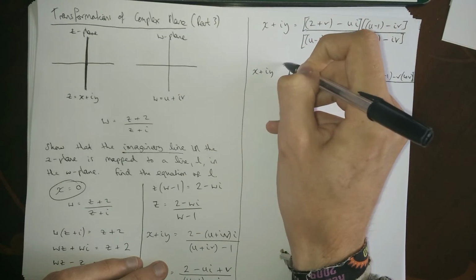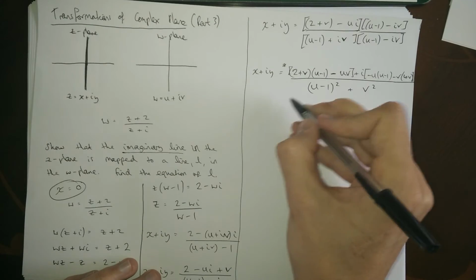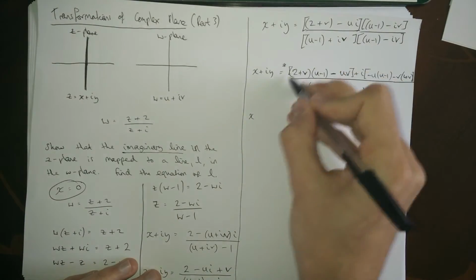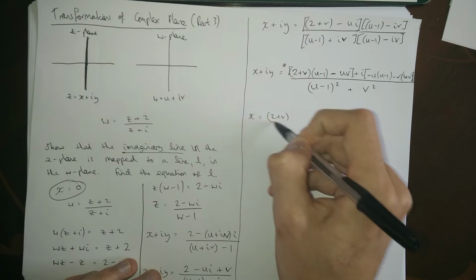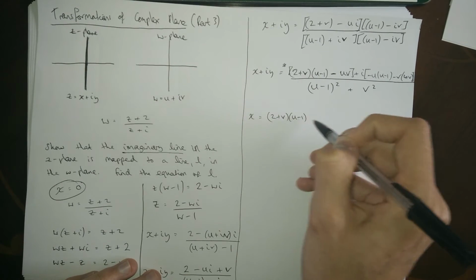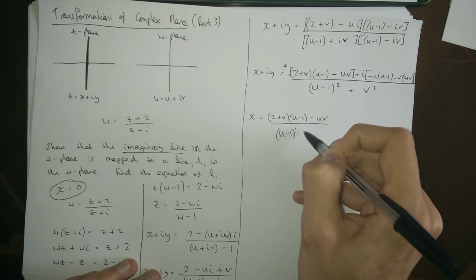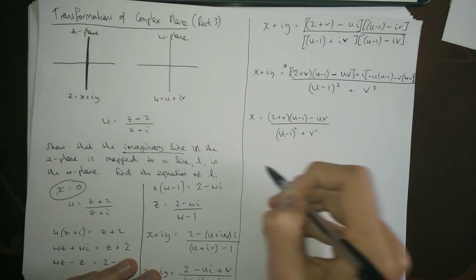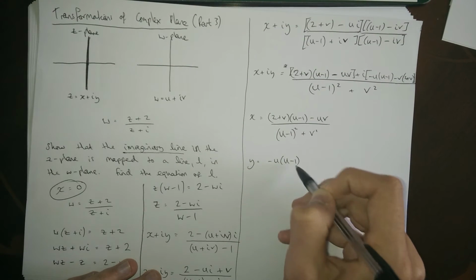Actually, we may ask ourselves later whether we need to work out that imaginary term. We'll see what I mean. So now I've got it written as a real term and an imaginary term. So I can say the real part over the bottom, because everything's divided by that, X is equal to that, and the imaginary part